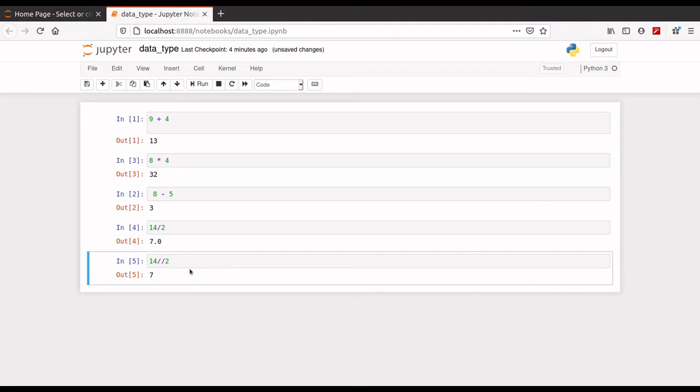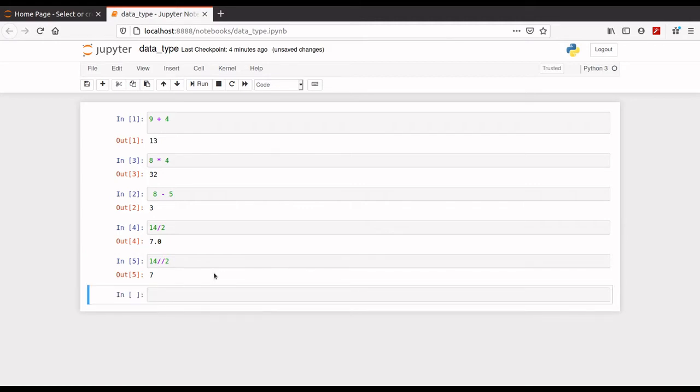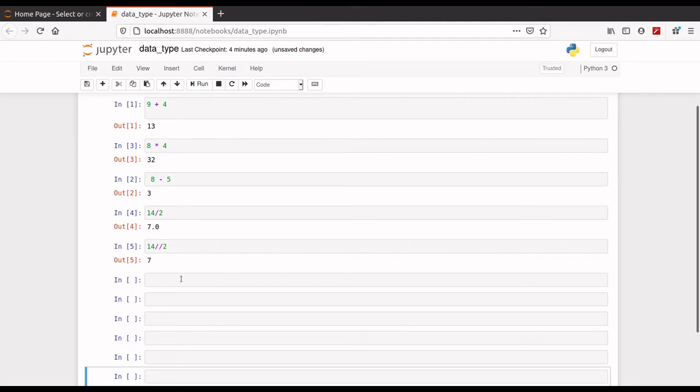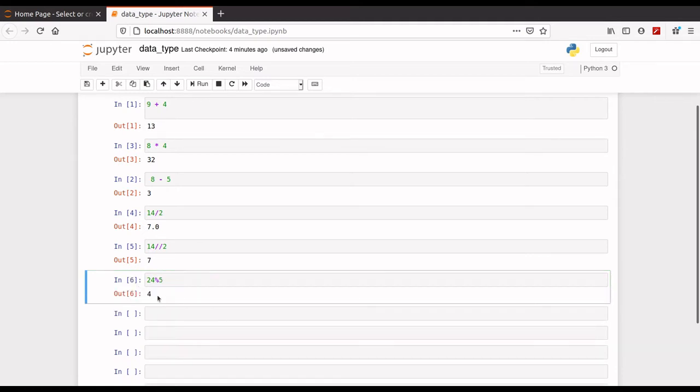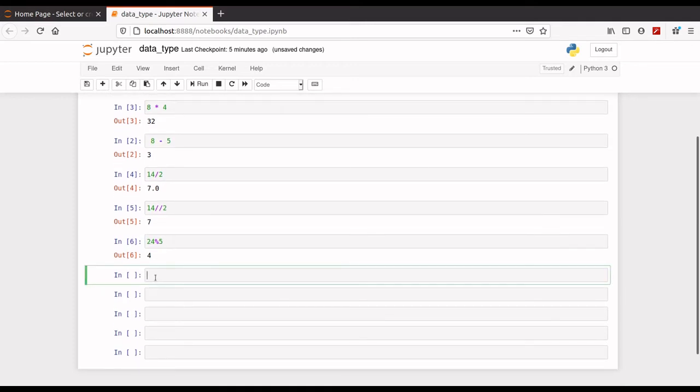But now let's come to another operator, that is modulo. So let's see. This modulo operator gives the remainder after dividing the dividend with the divisor. So what if the dividend is negative? Let's see.